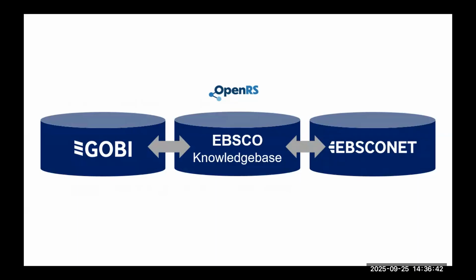So our core infrastructure at EBSCO, our knowledge base, which I just mentioned, Gobi, which is our book platform, and EBSCOnet, those technologies have been integrated. So when EBSCO got involved in the Folio project back in 2016, we identified that what we wanted to do is leverage the integrations that we have here. So we have an integration between our knowledge base and our book platform and our journal platform. So EBSCOnet is our journal serials, Gobi is our books.